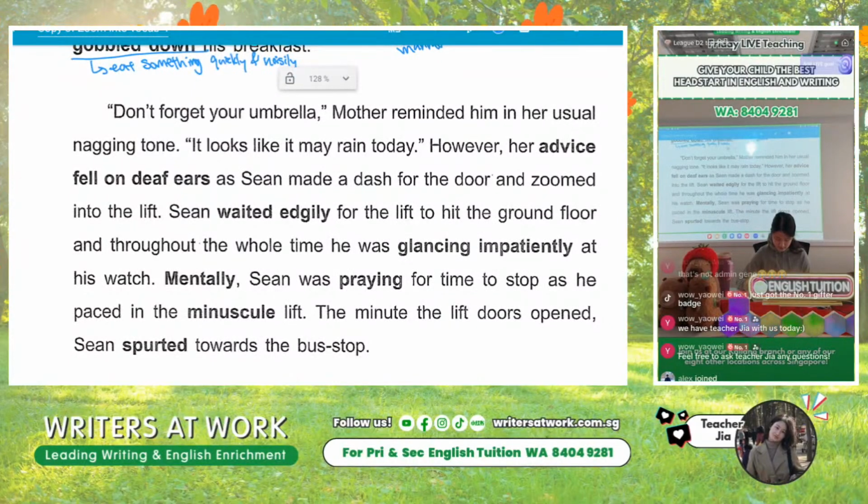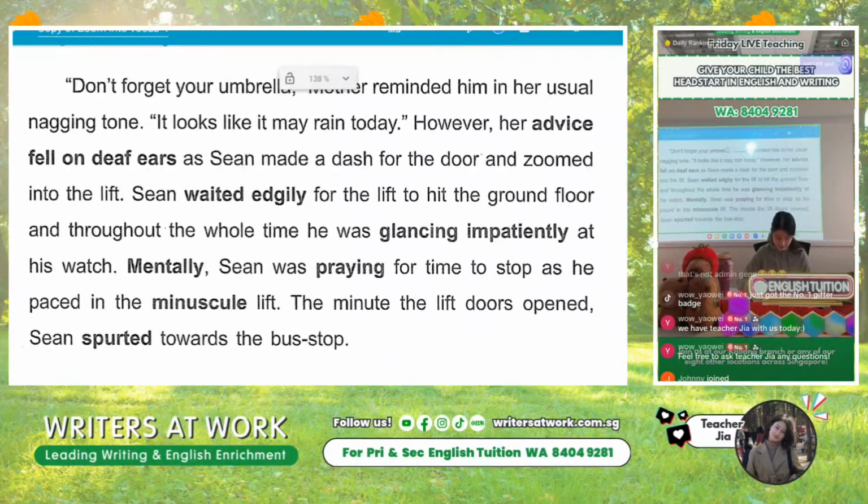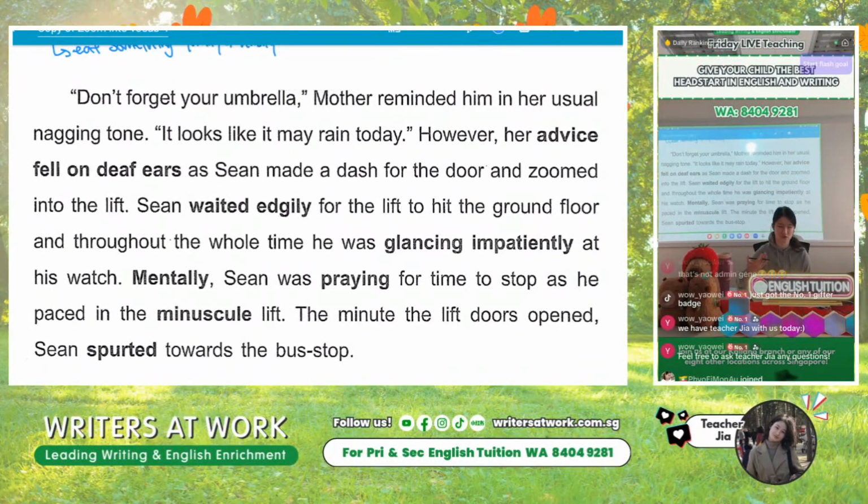Usual nagging tone. It's a bit of a characteristic that we're giving Mother over here. Again, do note that when you're using your dialogue, please do not only use dialogue to move your story forward. You absolutely cannot do 5 different dialogues and use that to convey that your story is moving forward. Okay, 5 is way too much. And I always tell the students, if you're using more than 2 dialogue, you're moving the story forward with dialogue, and that is not correct. You will get penalized for that. So do not do that. As a student, I made a mistake of doing that and was penalized. Learn from my lesson, okay?